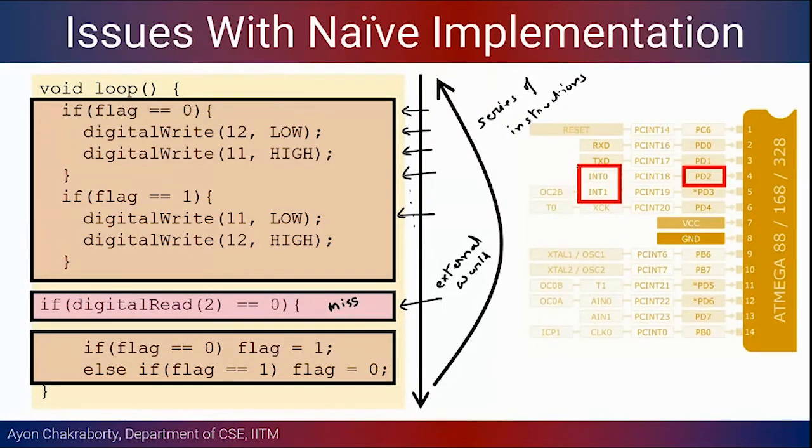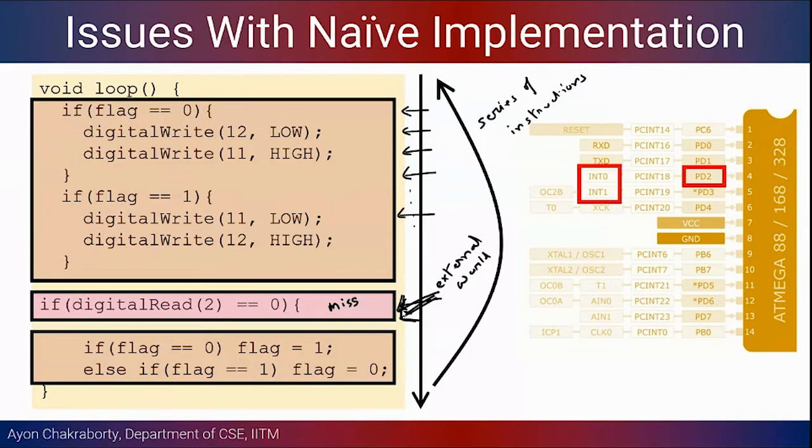INT0 and INT1 are two pins where we can interface such switches, by which we can stop the code at a certain point in time and then jump to the interrupt service routine that I was talking about earlier. It doesn't matter whether the code is executing sequentially, or that the program counter is not at this particular location when the key is pressed. We have a different way to solve this problem, which is how the hardware in the microcontroller handles interrupts.